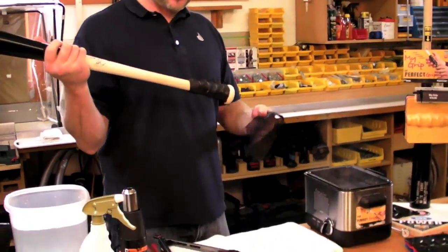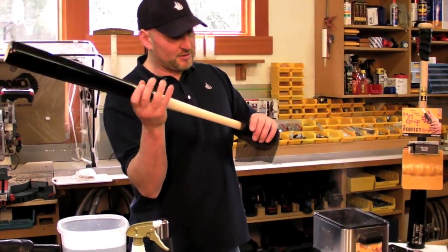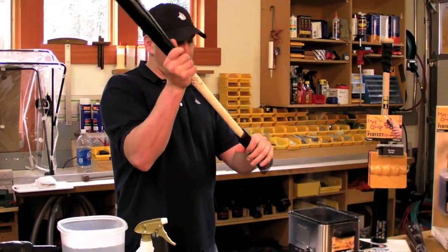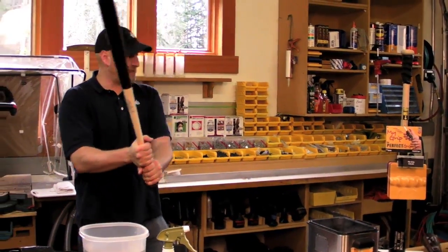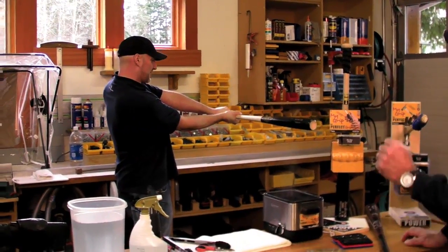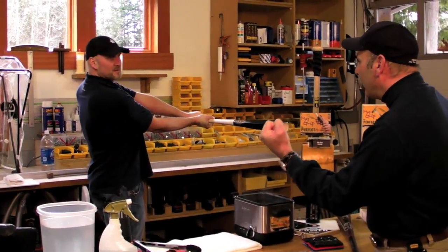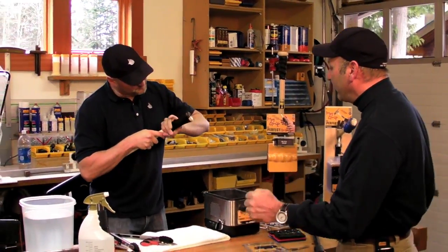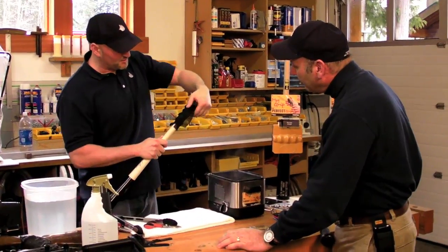Next, while the material's still warm enough, we're going to put our texture cloth on. Which we talk about in 101. Exactly. Okay, we put that around and re-grip it. And then just do the process over again with the swing. Give it a good swing and a really good squeeze. Hold it for about 6 seconds. So you're trying to embed that material into the My Grip material so it makes a nice pattern and increases the gripping capacity. Okay, and you'll see once I pull this off,